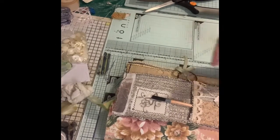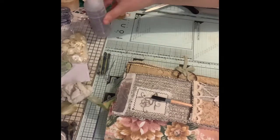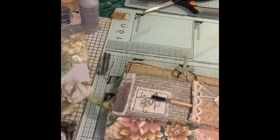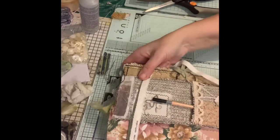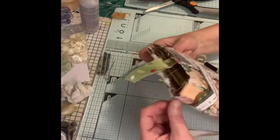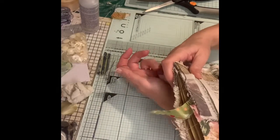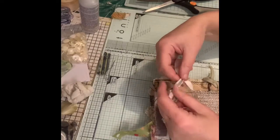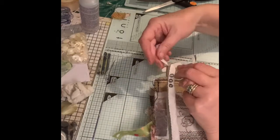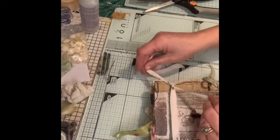Just because I've put a button on this side, I did like the idea of the buttons. I'm just going to find one of those salvage pieces, biggish piece if I can. Yeah. Oh, they're coming useful for all sorts of things. Like, I'm just going to put that round there just to tie this button on. Well, this has got numbers on as well. So I'm just going to tie that